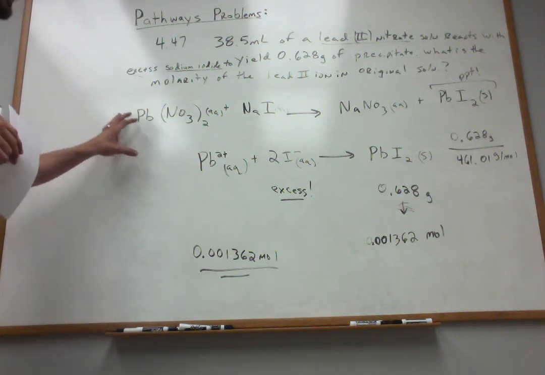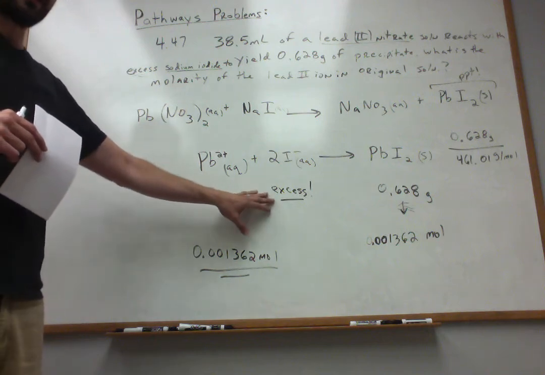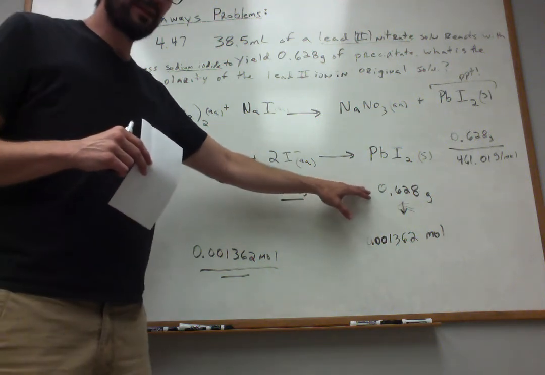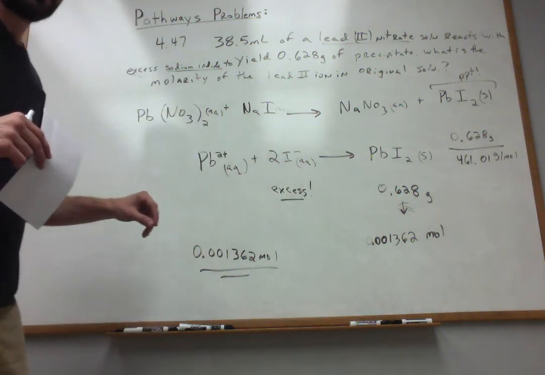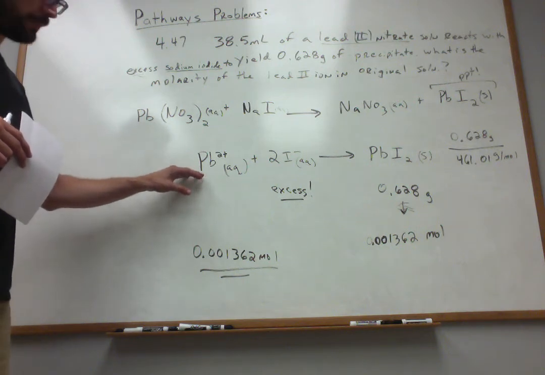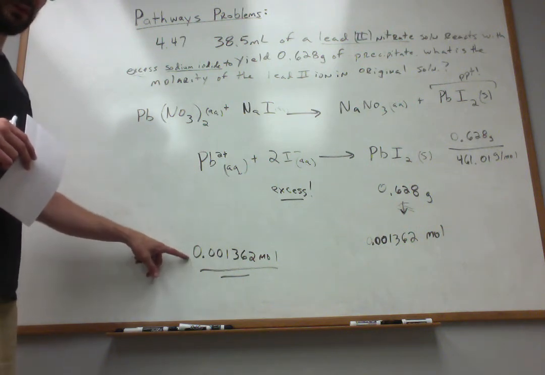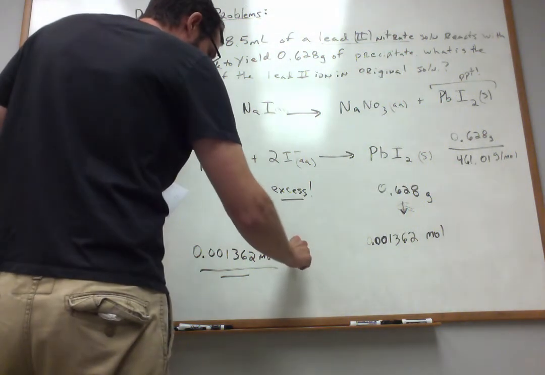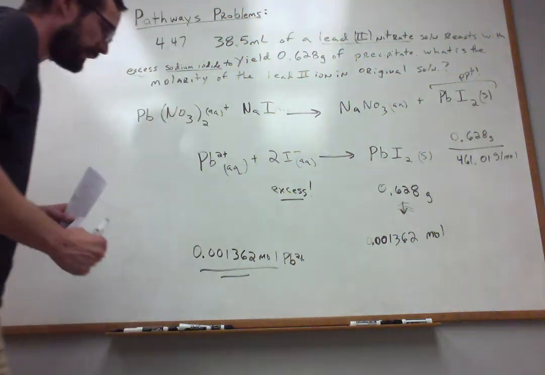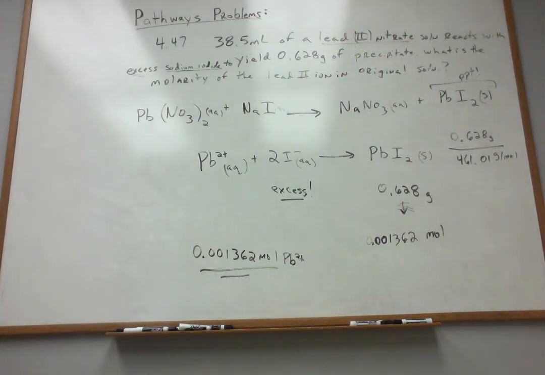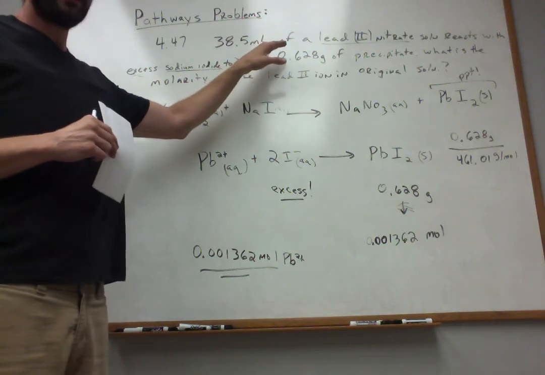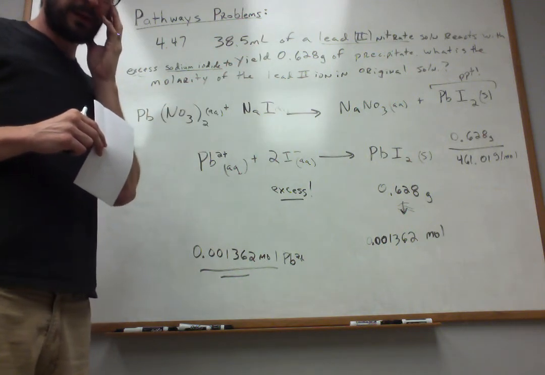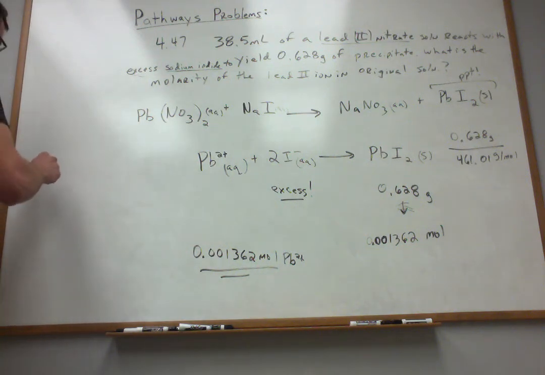Now, in the conditions of my precipitation reaction, I was told I had excess of this, which means that the amount of this I make is limited by this. Once I run out of this, I can't make any more, right? So I've used all of this up. That's how many moles I must have used of my lead 2 plus ion. Now this is very valuable information, because I'm trying to find the molarity of that solution that I used. Where did this lead come from? Well, it came from this 38.5 milliliters of the lead nitrate solution that I originally had and used in the reaction. So what I know now